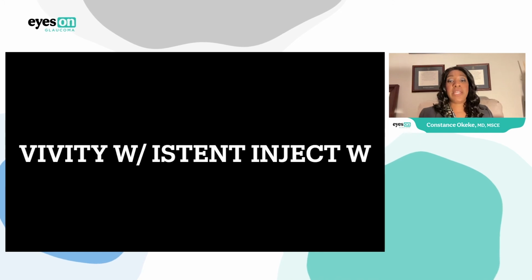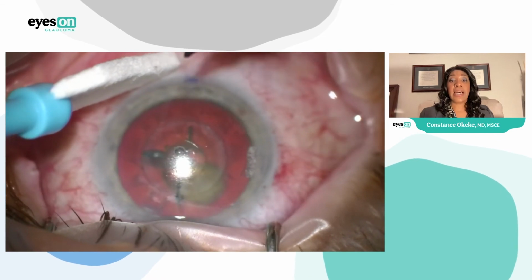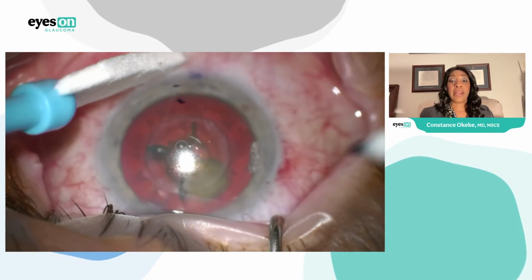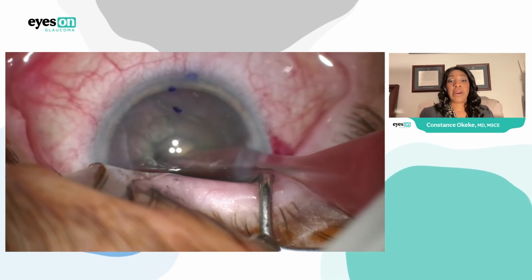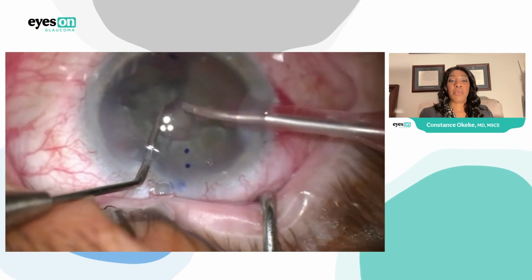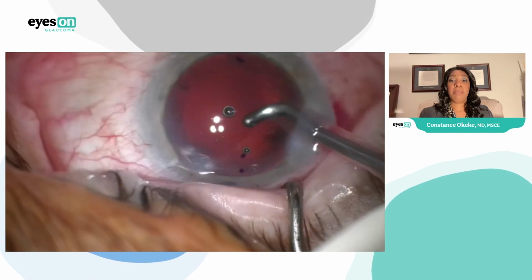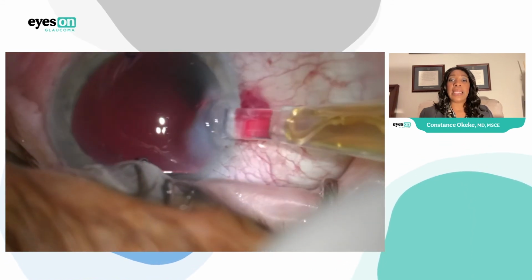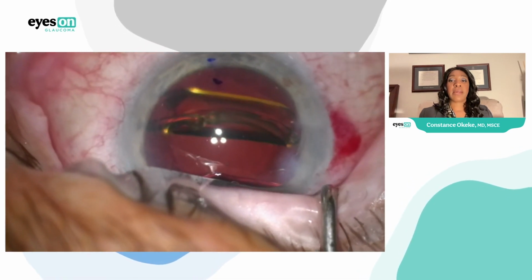Now, I wanted to show a video of the Vivity, in this case with the iStent inject. This is a patient who's had LenSx laser, and we're marking the area of where we want to line the lens for astigmatism correction. Here I am doing a phacoemulsification and removal of the cataract with cortical cleanup, doing some polishing of the posterior capsule. I then insert the Vivity lens, and upon insertion, I'm able to kind of line it up,